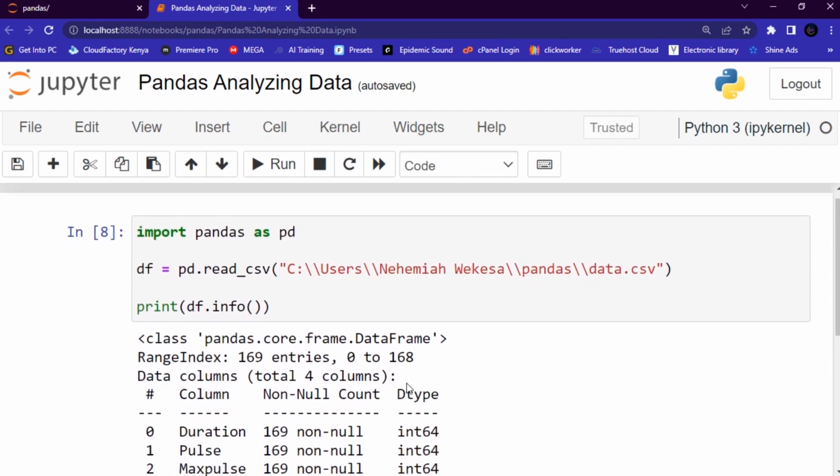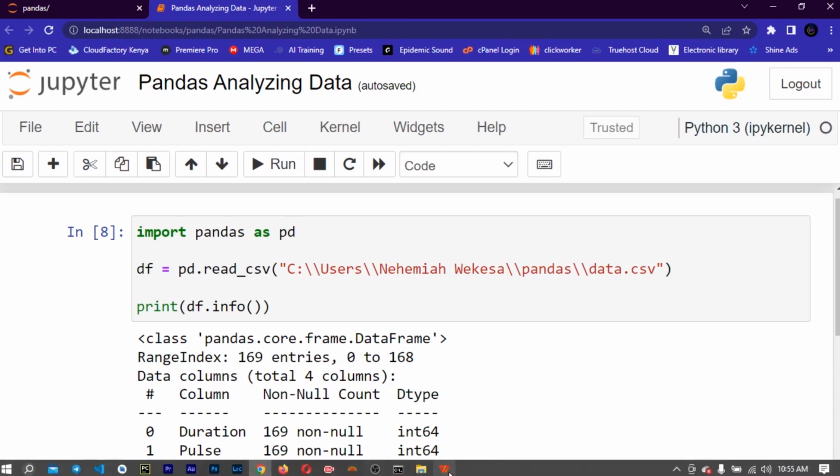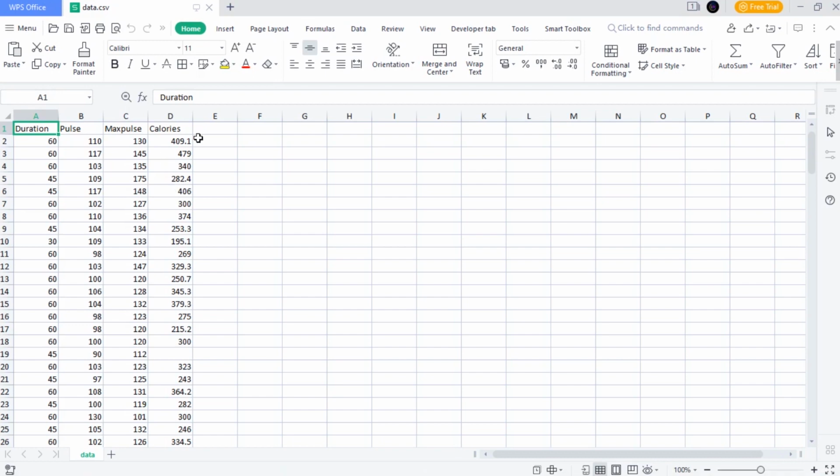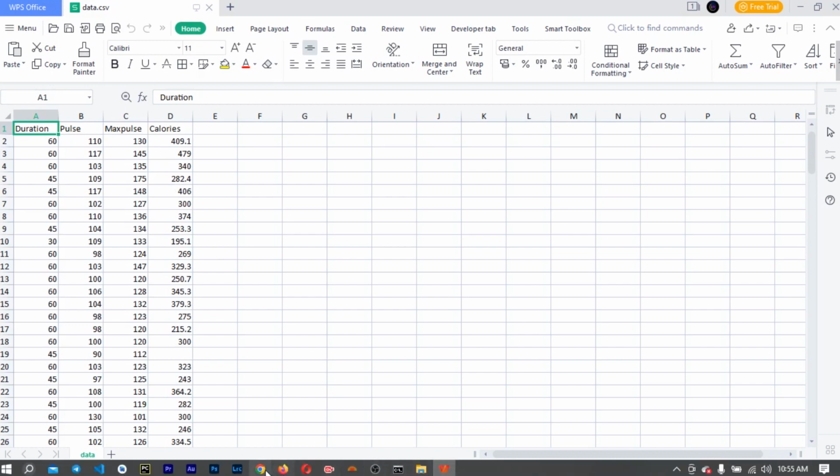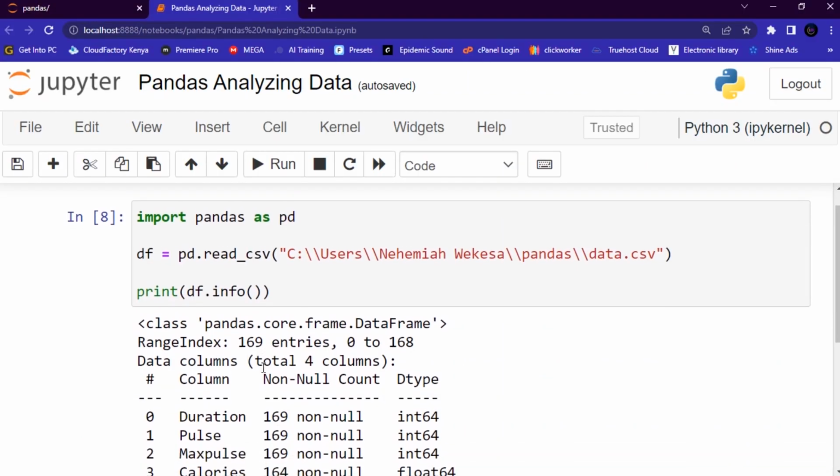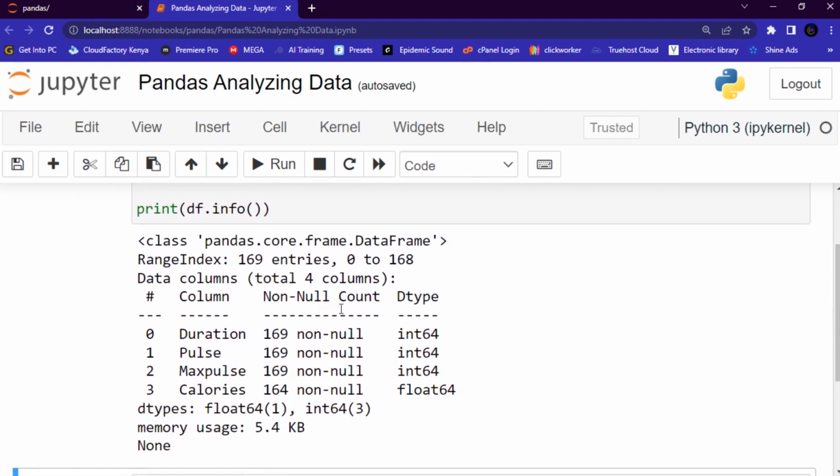And you can see the range index is 169 entries from 0 to 168. Indexing begins from 0, so 0 is like 1, and then 168 is like 169. Then the data columns is a total of 4 columns, and when you check your data frame, we have 4 columns. And then what else? We have the columns,